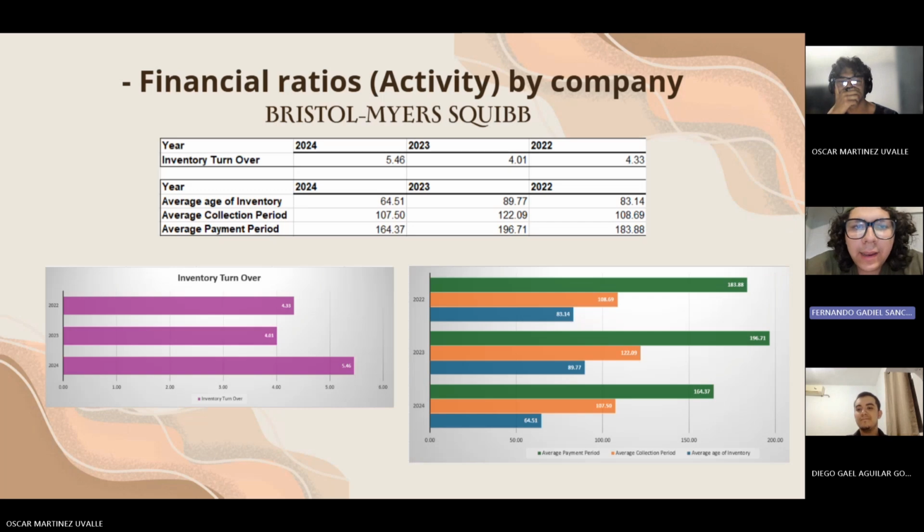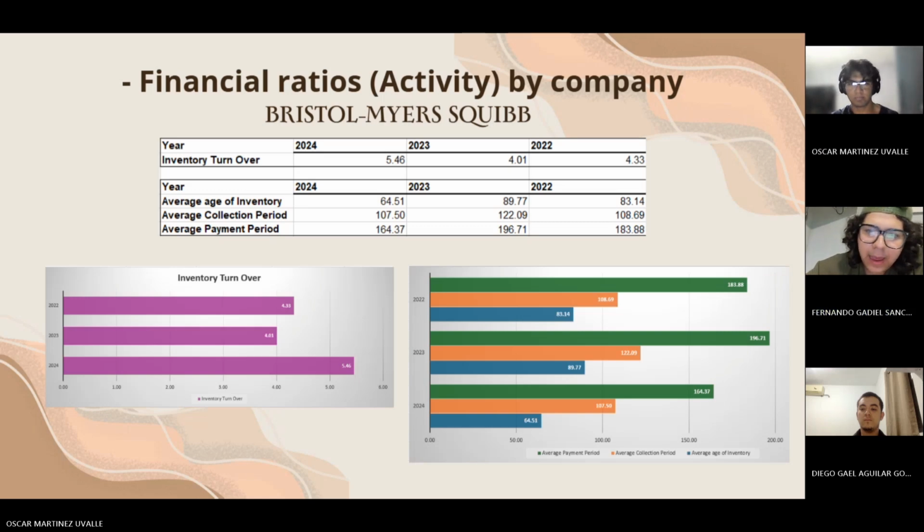And then we're going to check the inventory turnover in the Bristol-Myers script. And we can see here in the graphic that in 2022, it was a little bit decreasing and then increased to 2024 to a 5.46. And then the average age of inventory in 2024 is 64, and in 2023 is 89, and in 2022 is